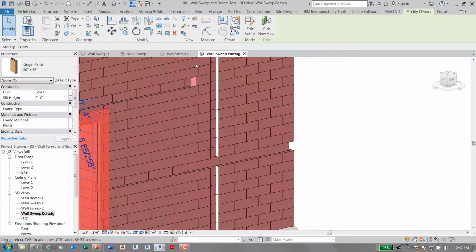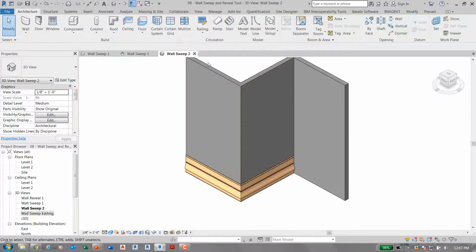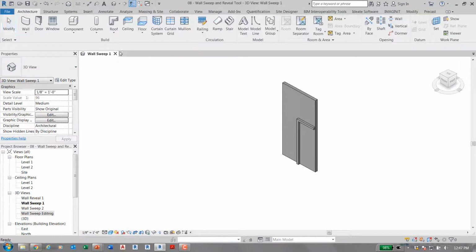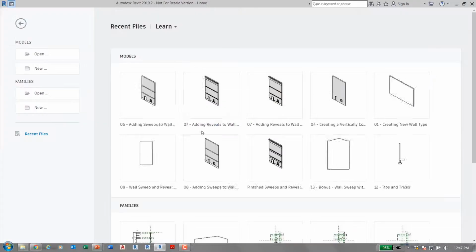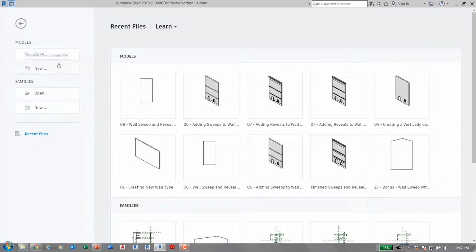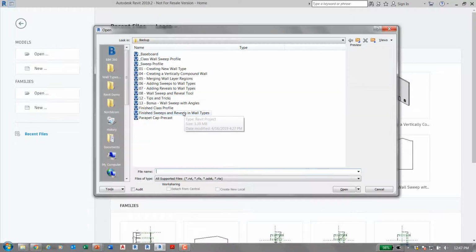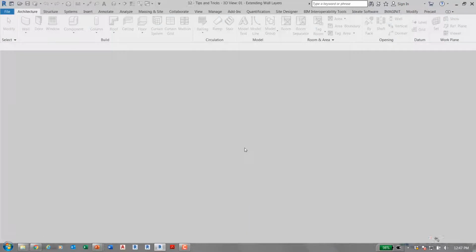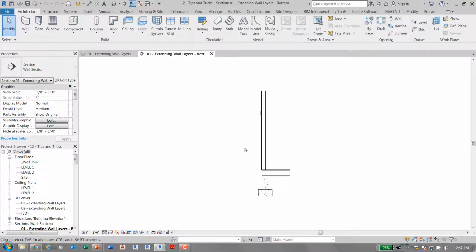Okay. I have a couple more minutes here real quick. I'm going to do one tip and trick. I'm going to then put up the one for the doors. Yeah. In the instance where you were editing it in the family, the cornice, would the return on that cornice look the same way? Yep. Yeah, those were actually inside the family. It could have been in or out, I believe. Yep. All right, so